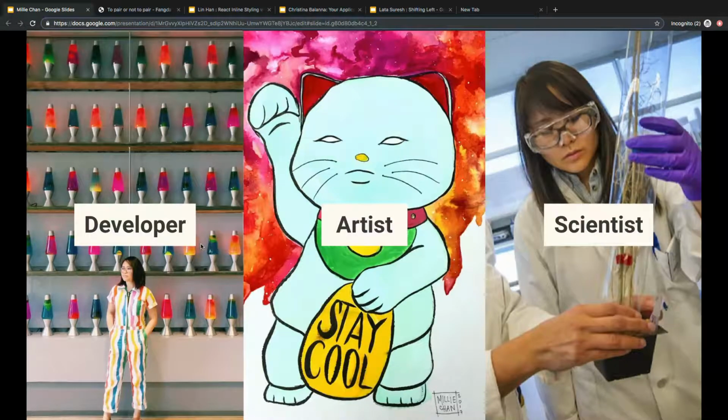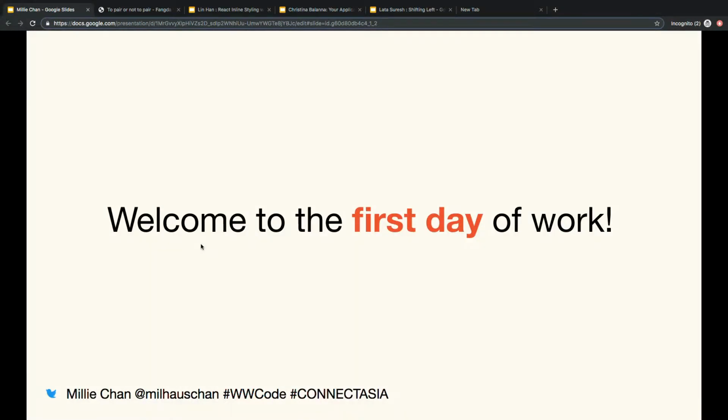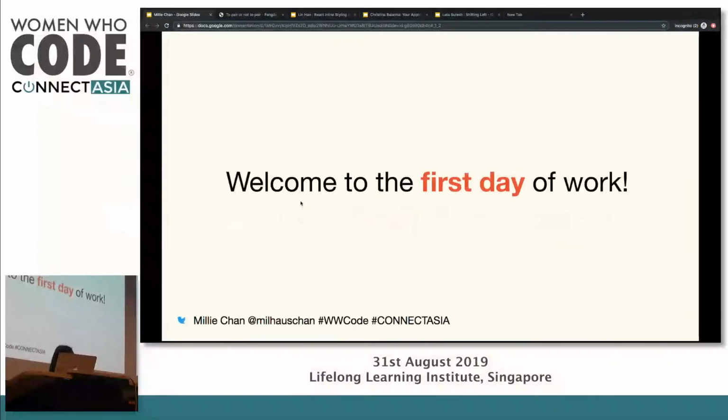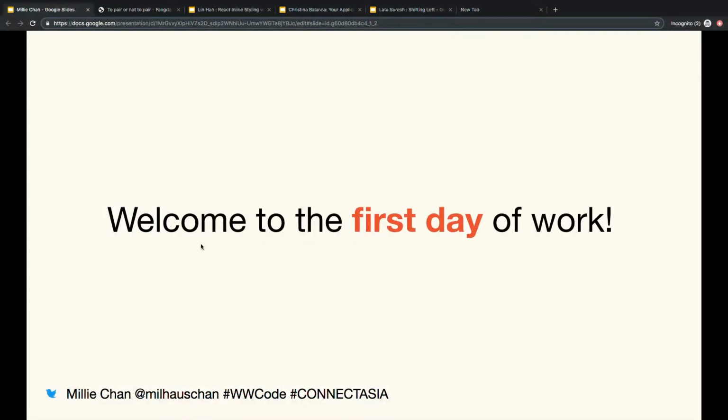And so, hello everyone, my name is Millie Chan, and I wanted to tell you a quick little story. So I started at Cloudflare around a year ago, and during my first week at Cloudflare, I knew nothing about internationalization. Like, none of the words made any sense to me, and I had no idea that this existed.